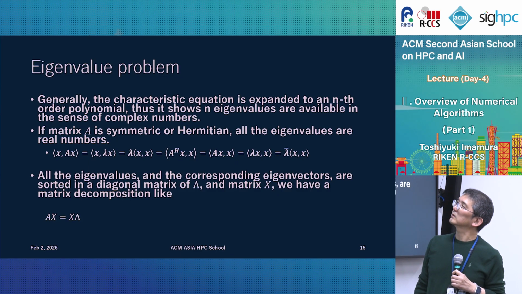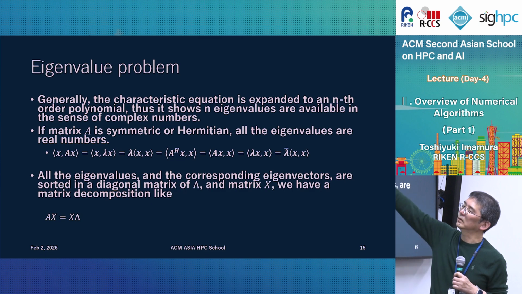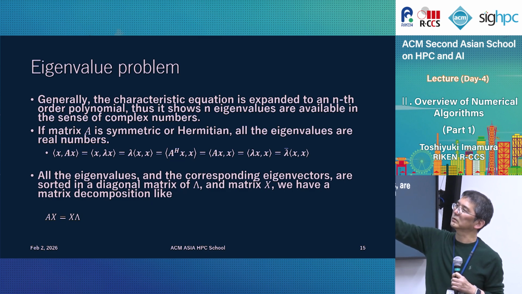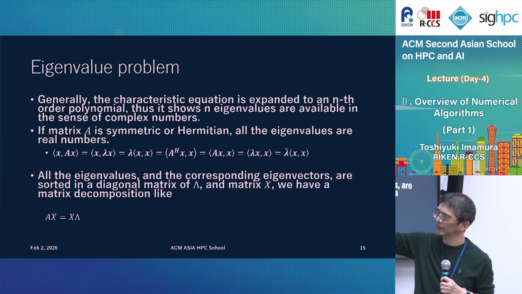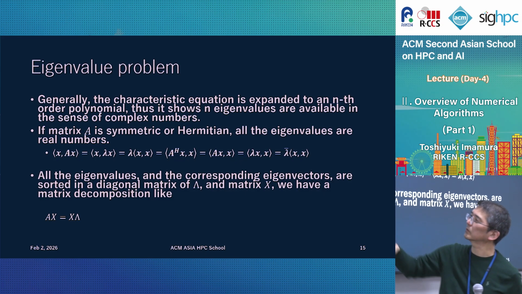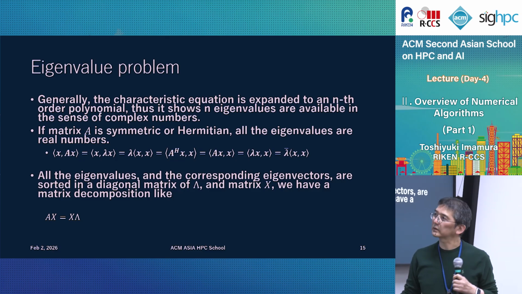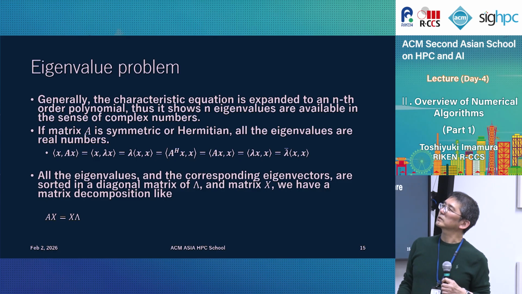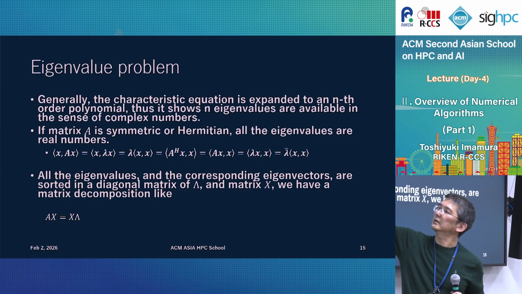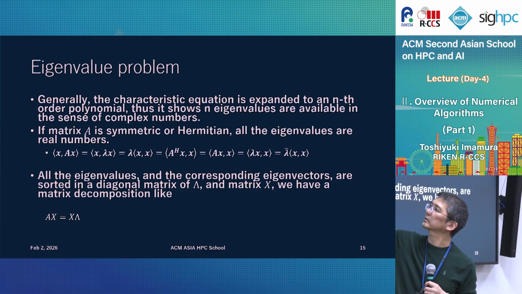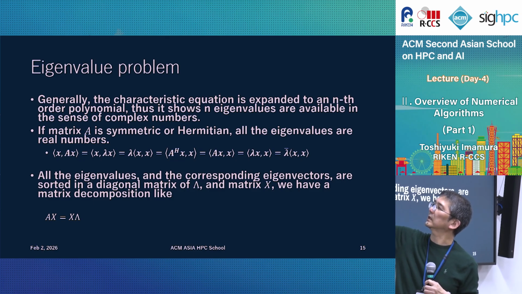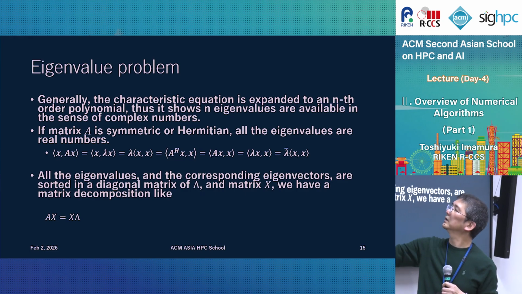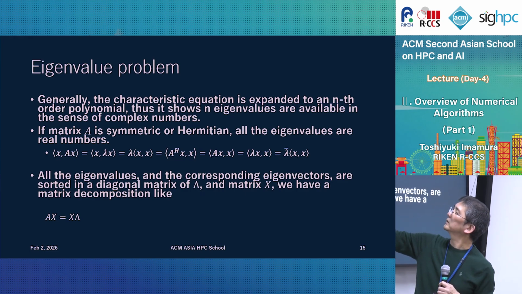Because x is already known as an eigenvector corresponding to the eigenvalue lambda, Ax should be lambda x. And the scalar can be taken to the right-hand side, so it is straightforward to extract it outside. And also we have another